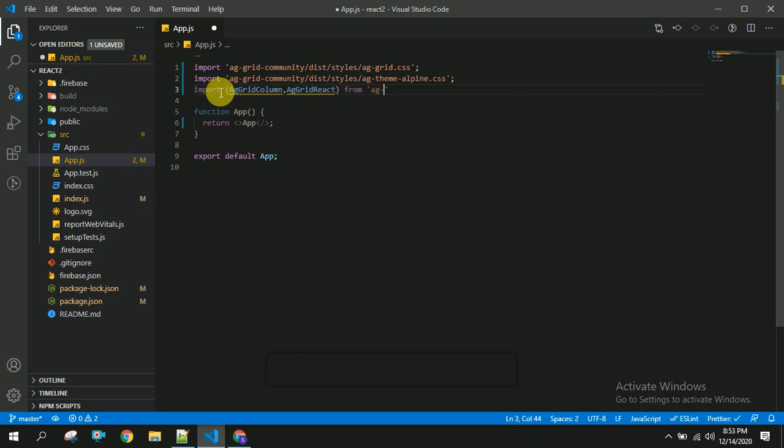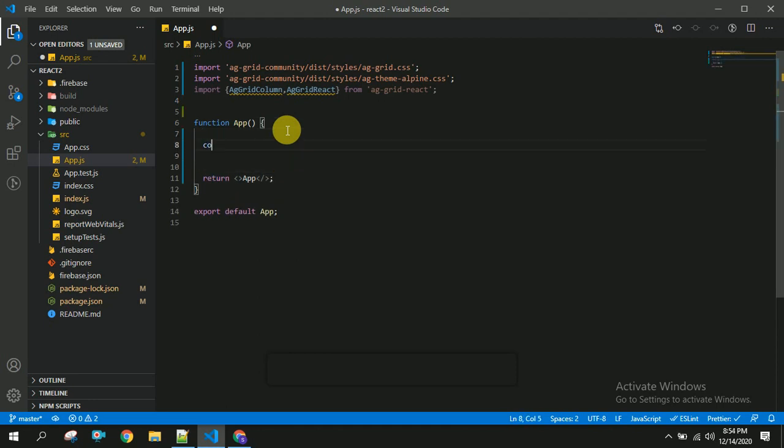This is AG Grid React. So from AG Grid React, you have to import these both. The next thing I am going to do is creating some variables for storing the AG Grid data. For this I am going to use the useState hook, grid API,